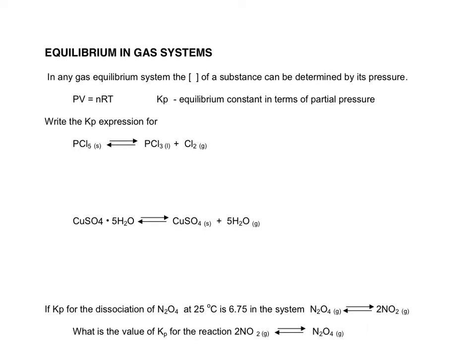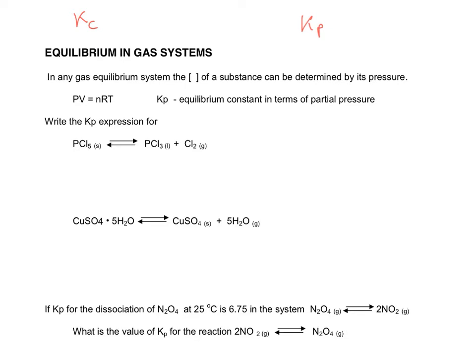So instead of using Kc, where it's the equilibrium constant in terms of concentrations, so it's the concentration of the products over reactants raised to the power of their coefficients, we can express it in terms of Kp. So there's an equilibrium constant in terms of partial pressures as opposed to concentration. If you see K with a C there, we're talking about the regular Keq, the regular one with molarity. If you see a P there, then we're talking about gaseous substances, and the equilibrium constant in terms of